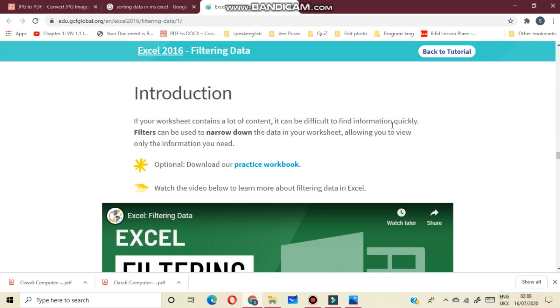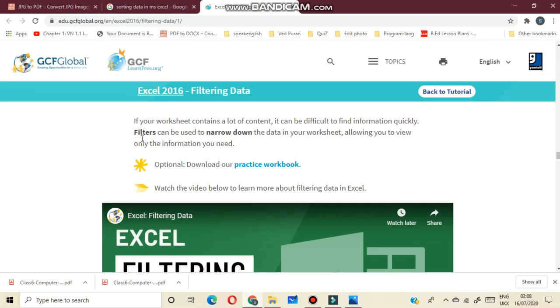Now the next topic is filtering data. If your worksheet contains a lot of content, it can be difficult to find information quickly.